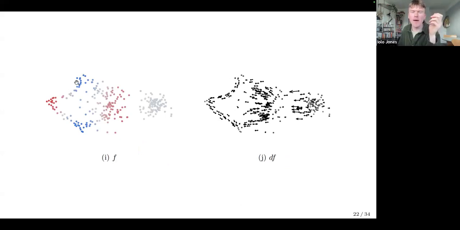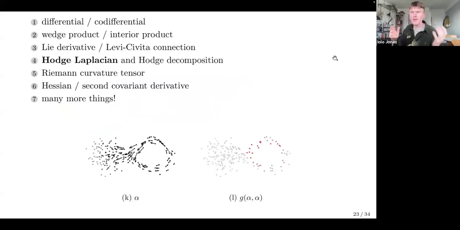You can see it's kind of 0 at the maxima and minima like you'd want, but in the bits in between, it's kind of flowing uphill along the locally low dimensional bit. It's kind of curving around there towards the maximum of F. As well as a bunch of other stuff. I'm not going to show images of all of these things,